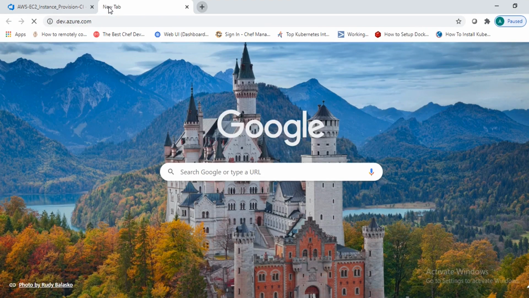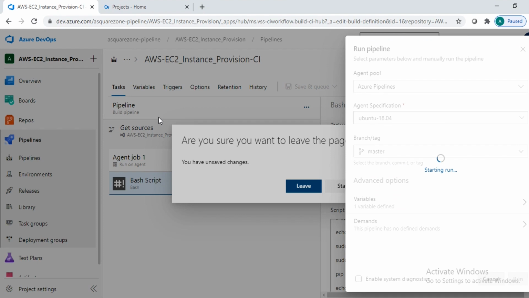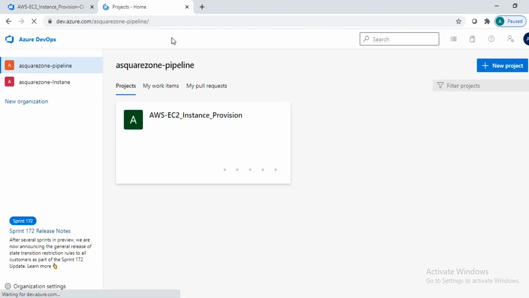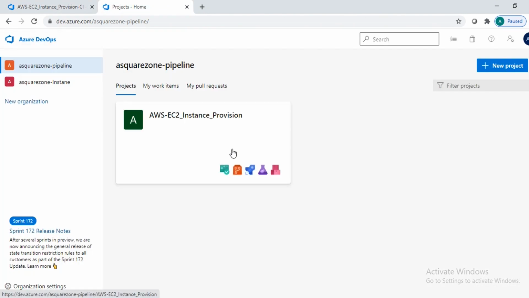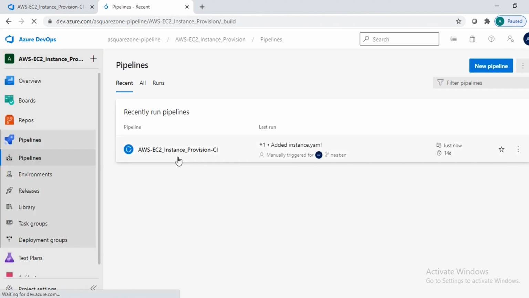I've opened the same page in another tab. So it is running my jobs, and we'll see what the status of this one is.